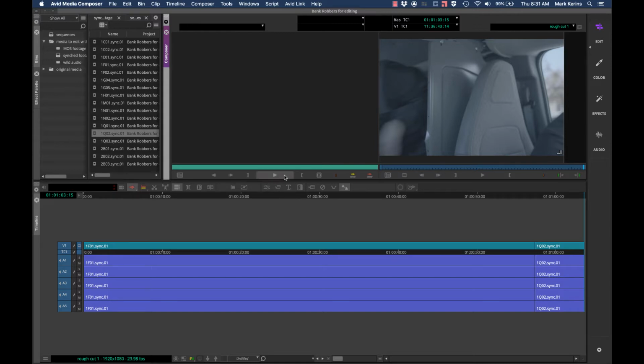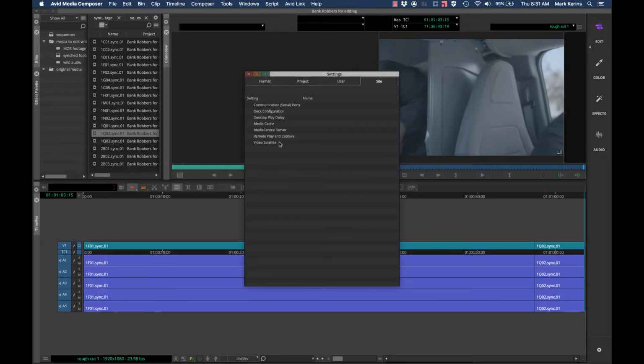As you'll see, there are a ton of settings available in Avid that you can play with and change, but I do want to highlight some ones that, for the beginning editor or someone getting started in Avid, are things you particularly want to be aware of or check as you're setting up your interface. So as always, to get to the settings menu in Avid, I'm just going to hit Command comma, and here's